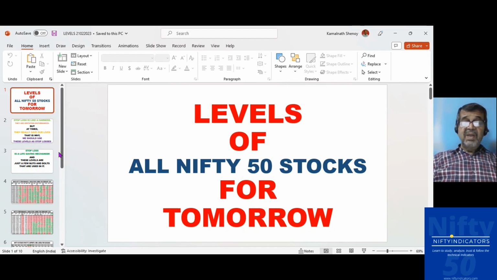That is, say for example, I have purchased when Nifty is going above from its third support. When it is going above the third support, if I am buying it, my first stop loss is just below the third support. So just below S3 is my stop loss, and